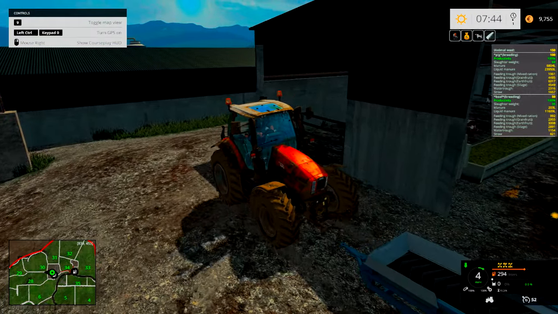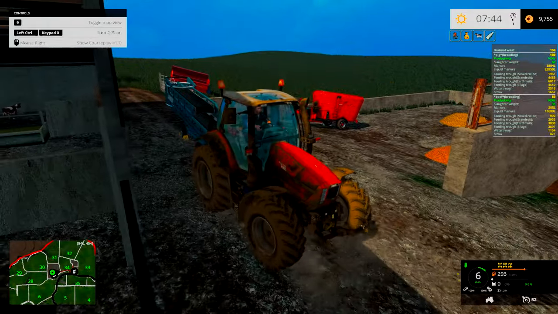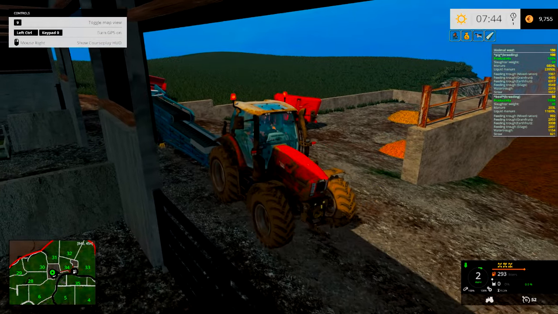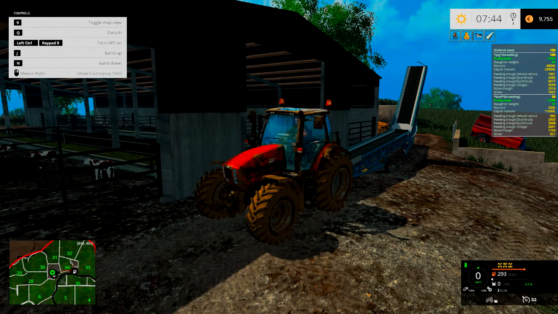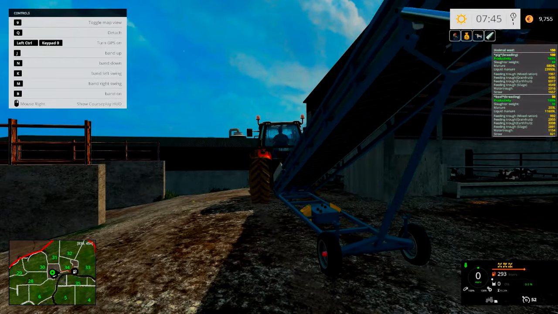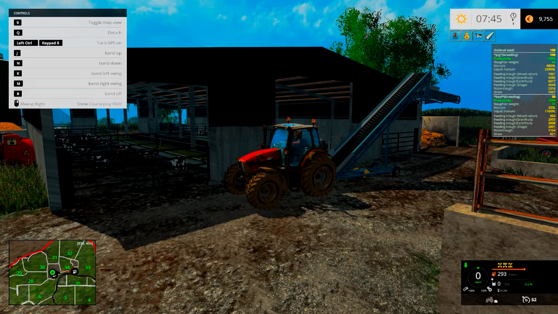Ah, the Semi does not have a front attacher. Okay. So that's a bit of an inconvenience, because in order to get the rear hitch working on the conveyor belt, I actually do need to do that and that. So the rear hitch is hidden in here somewhere. So let's just get the conveyor up all the way. Okay, there's the